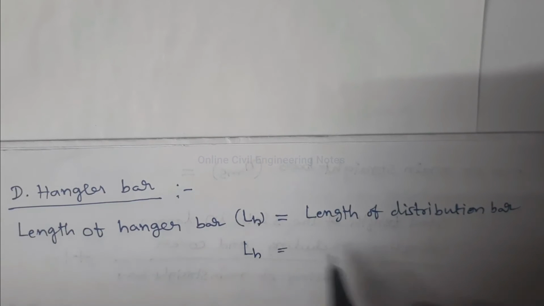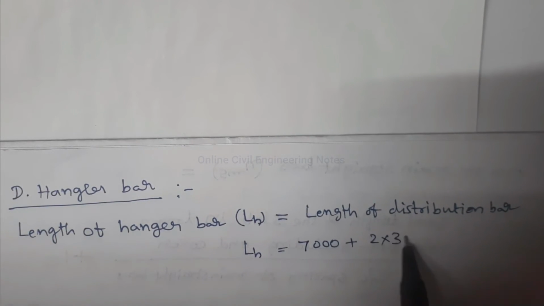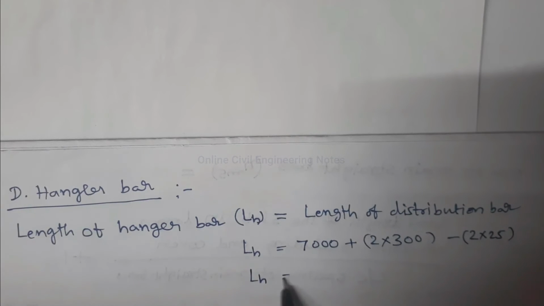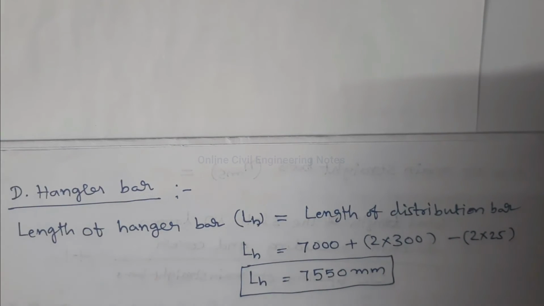Therefore, LH is equal to 7000 plus 2 into 300 minus 2 into end covers, which is equal to 7550 mm. Our number of hanger bars is equal to